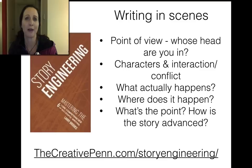This book changed my fiction writing life, because until you can understand scenes, it's really difficult. It's like the penny has to drop, and once you get it, you'll be able to write fiction. Well, you'll be able to start writing fiction anyway, but it's a really big deal to understand